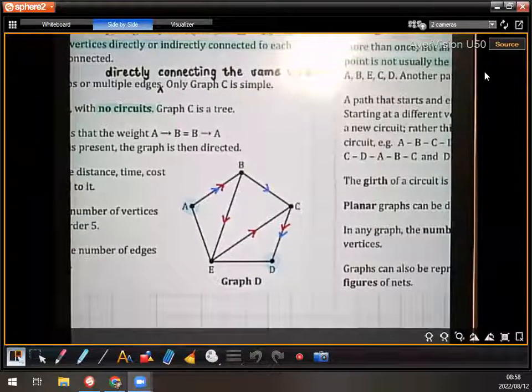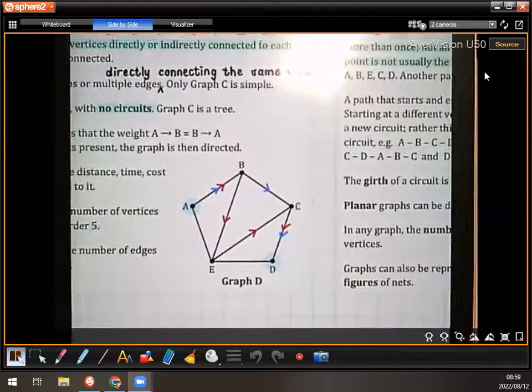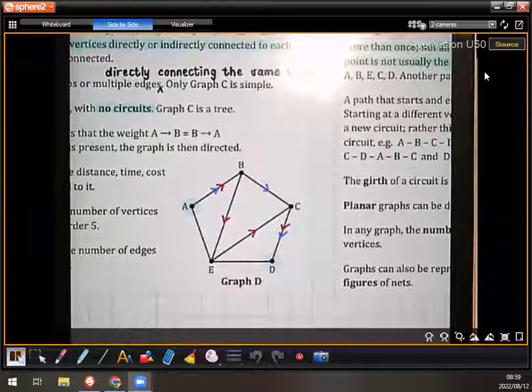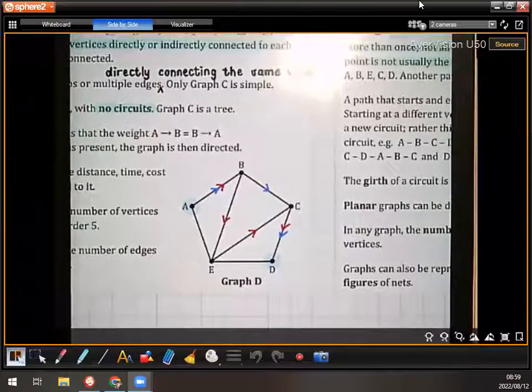Now, what we are going to get to eventually is the shortest possible path, the shortest possible circuit, which we will talk about on Monday. We are going to apply this to actual real world scenarios, which is going to be quite nice. Yes, there are different circuits that we are going to look at. Okay, so no one is going to ask me, ma'am, where are we going to use this in